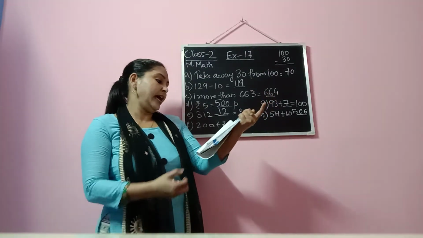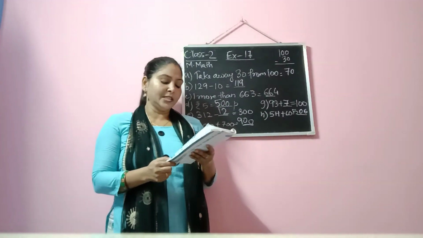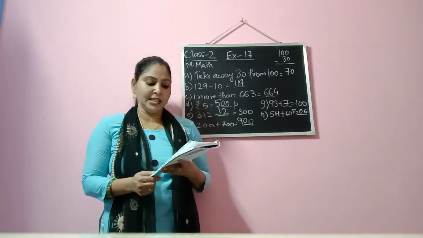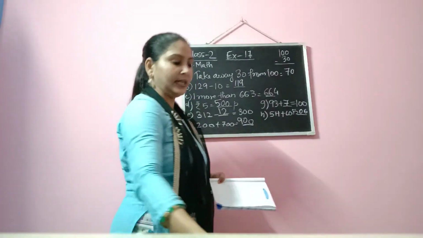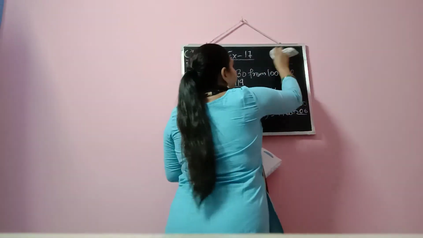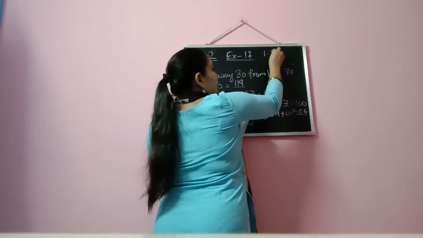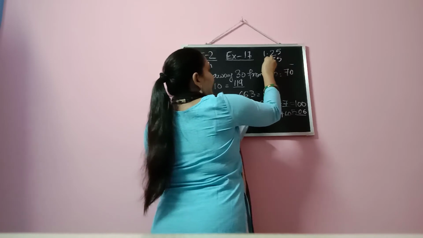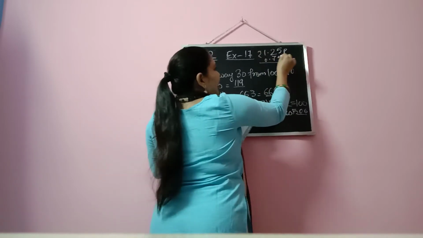Okay. Now we have two more questions. That is question number I. Rupees 1.25 plus 75 paise is equal to how much? So now you are going to add them. Let me do the addition here. So it is 1.25 plus 75 paise. This is paise and this one is rupees. Now we will add them.